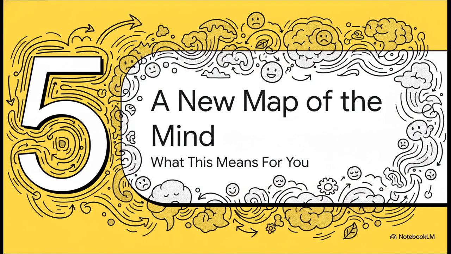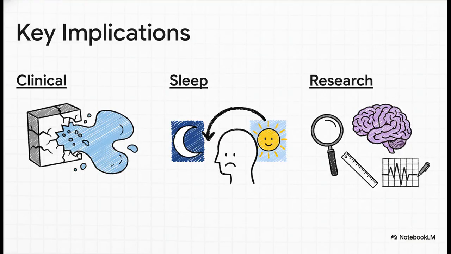So, what's the big takeaway from all this? This model is basically giving us a brand new, dynamic map of our minds. It helps explain why we feel the way we do, from one moment to the next, one day to the next. And the implications here are huge. For clinicians, it means seeing mental health conditions as dynamic states we can learn to shift out of, not fixed categories. It also shines a huge spotlight on how critical our sleep cycles are for regulating our daily mental states. And for scientists, it opens up brand new ways to actually measure what the mind is doing.